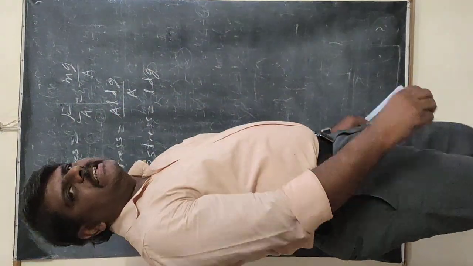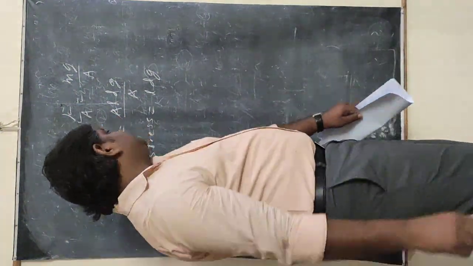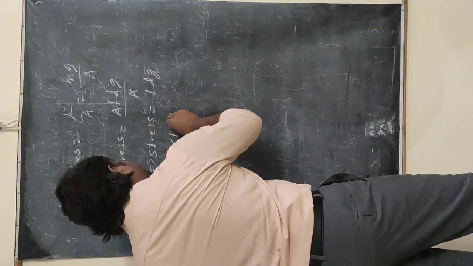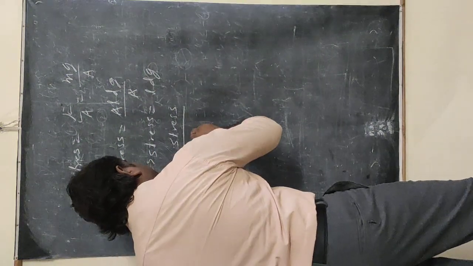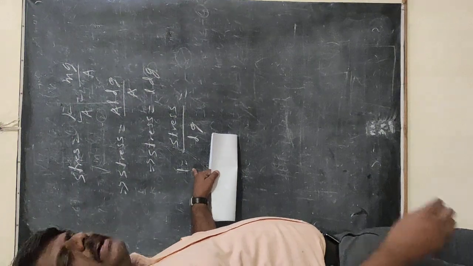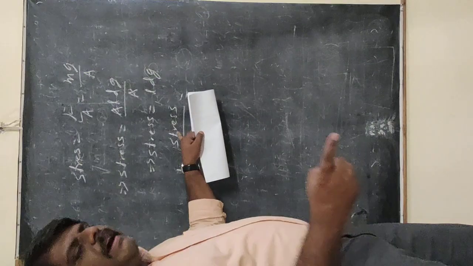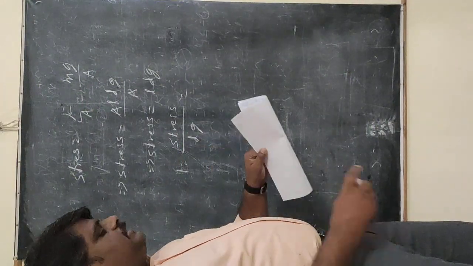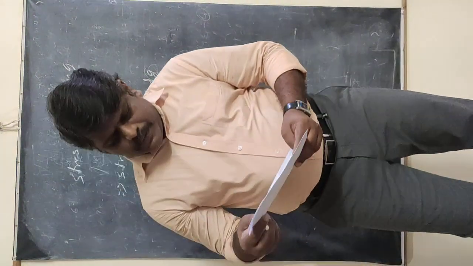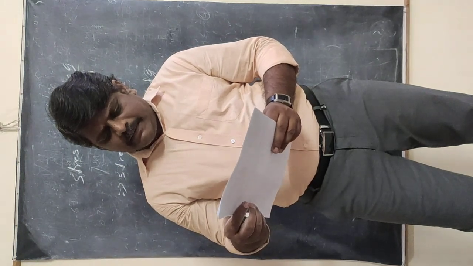The problem is asking at what length a wire is going to break by itself. So we need to find the L value. L equals what in the formula? It will be stress by D into g, since D and g come to the denominator. Now we have all the values. L is the length at which the wire will break due to its own weight. Stress is directly given as 10 to the power of 6, and the density is also given: 3 into 10 to the power of 3 kg per meter cube. All the values are given in SI units.